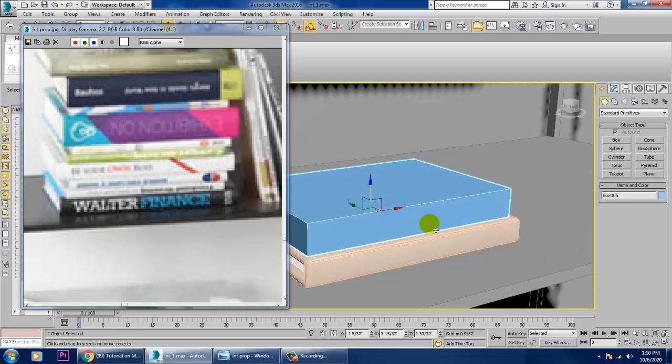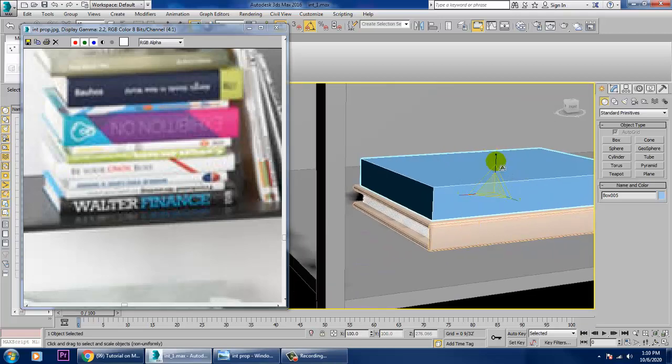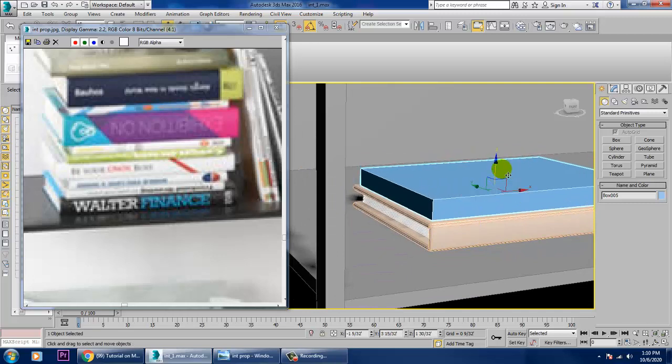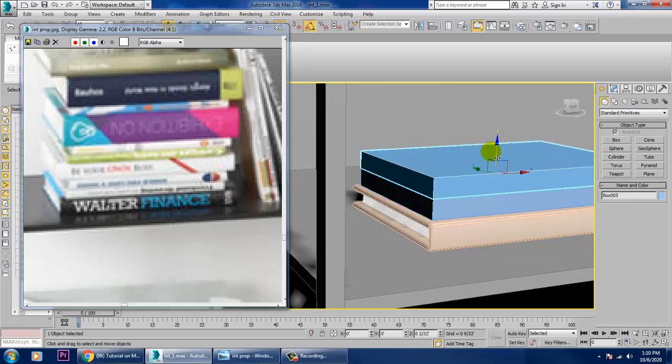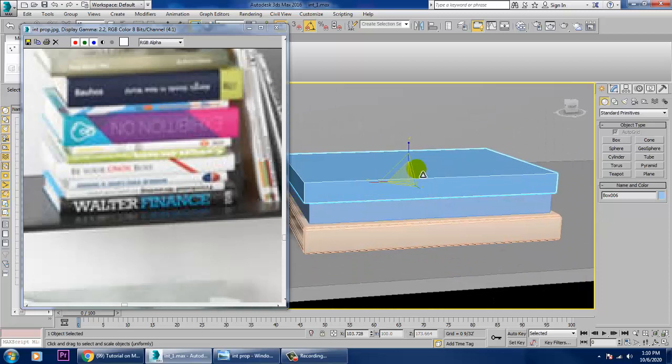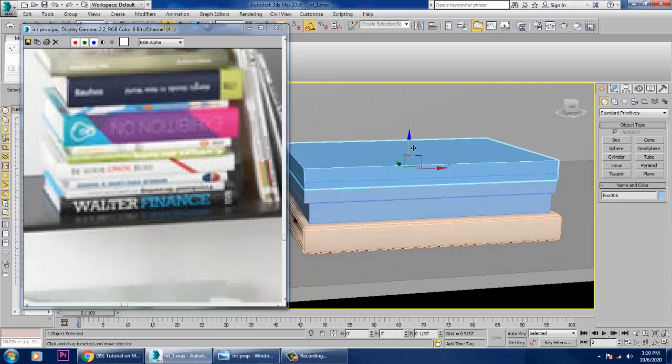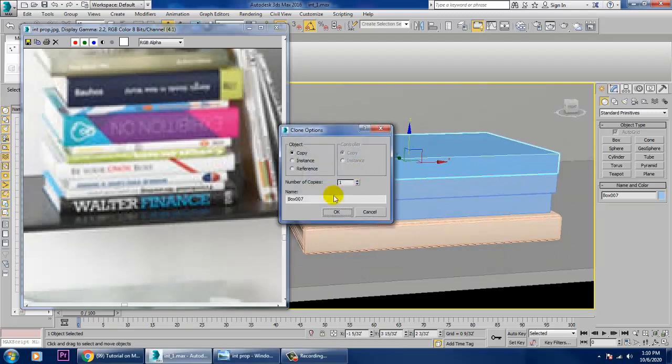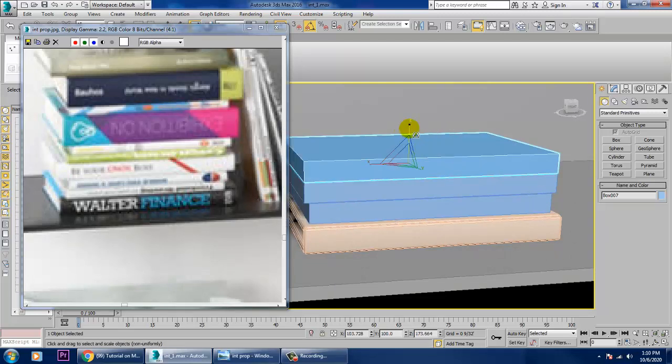Resize this, and again make a duplicate. Look at it, it is just a texture. You're just assigning some textures on top of that so it looks better. Make one more copy of it, scale it, and scale the size.